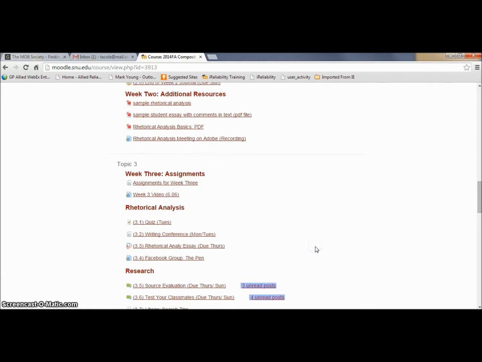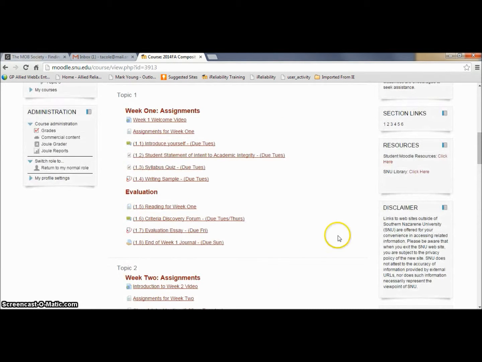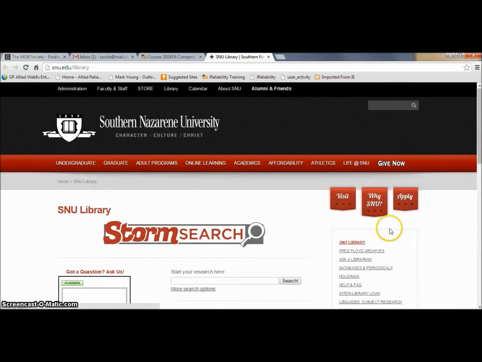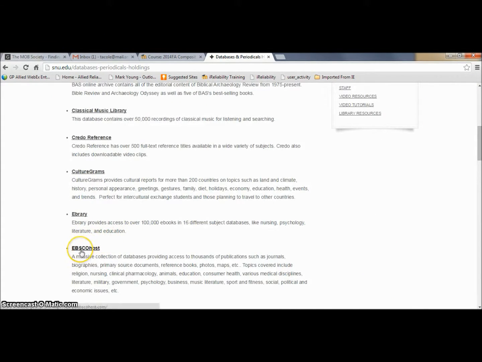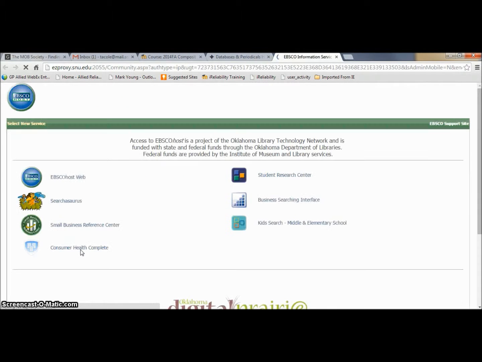To access the library's databases, go to the top of our Moodle page here and click on the library link. Then go over here to databases and periodical holdings. There are a lot of different databases you can choose from, but for this class you just need EBSCOhost. Click here on EBSCOhost. I like to just select all databases when I first begin my search, so select all